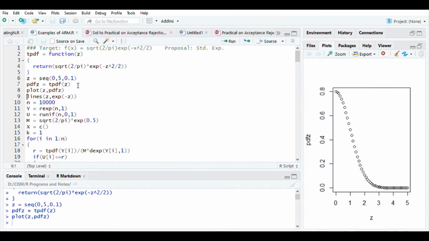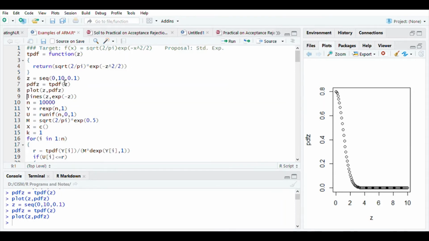Let us have a look at the plot. Okay, so this is a decreasing PDF, and you can notice that it has become almost 0 around the point 3. So we need not extend it further, but let us have a try so you can see how it works. See, just a long tail is formed here. Majority of the distribution is here only. So we will stick to the range of 5 which we had used earlier.